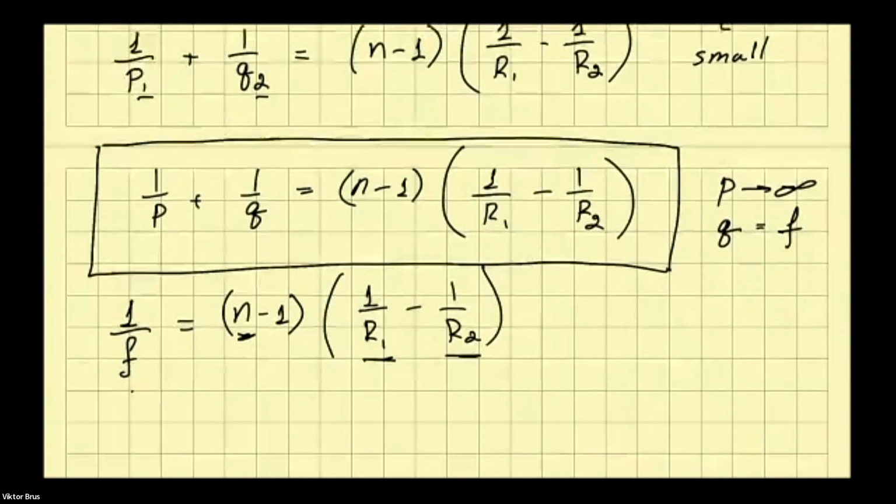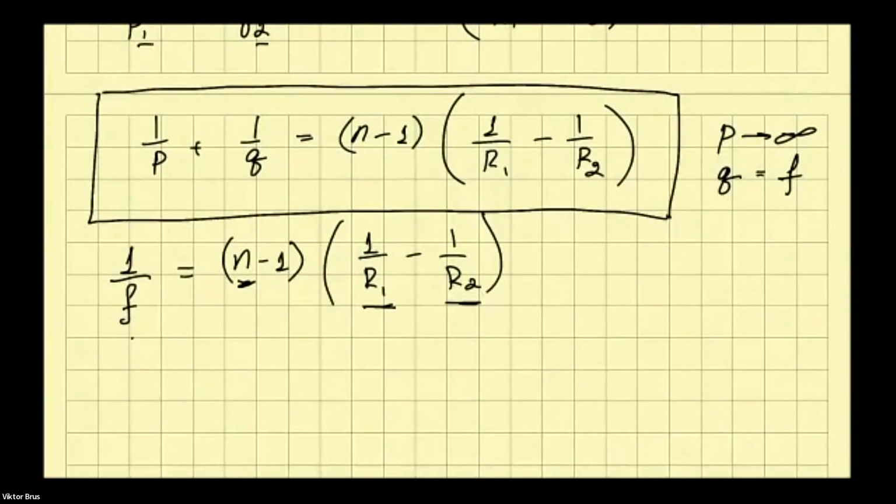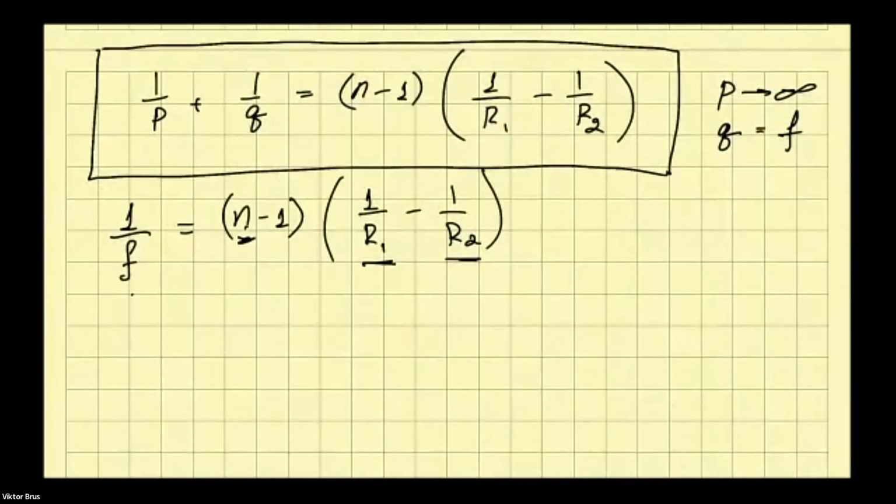So taking this into account, because this is a constant parameter, keep in mind, that's a feature of the lens. You don't change refractive index or radius without some polishing. So if you make the lens and don't touch it anymore, it doesn't change. So that is the property of the lens, focal distance, because the refractive index of the material is constant. The curvatures of the first surface and second surface are also constant. So they don't change. Taking that into account, we can write the equation for a thin lens in the following most commonly